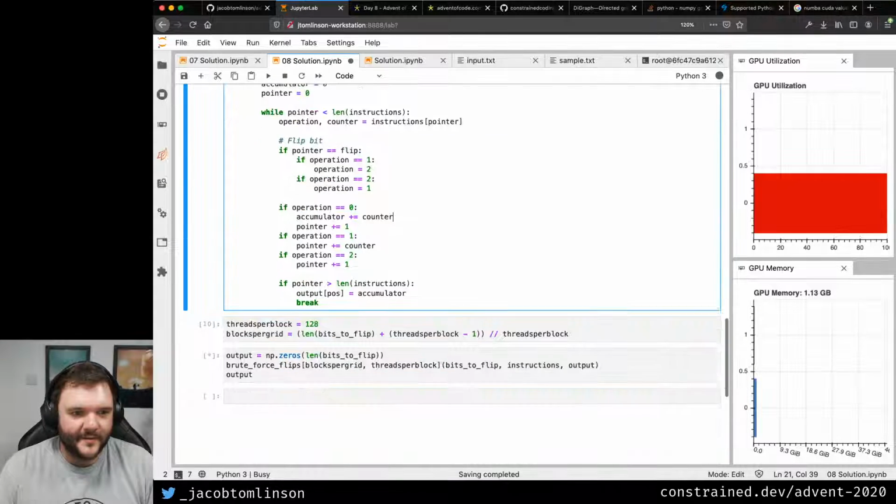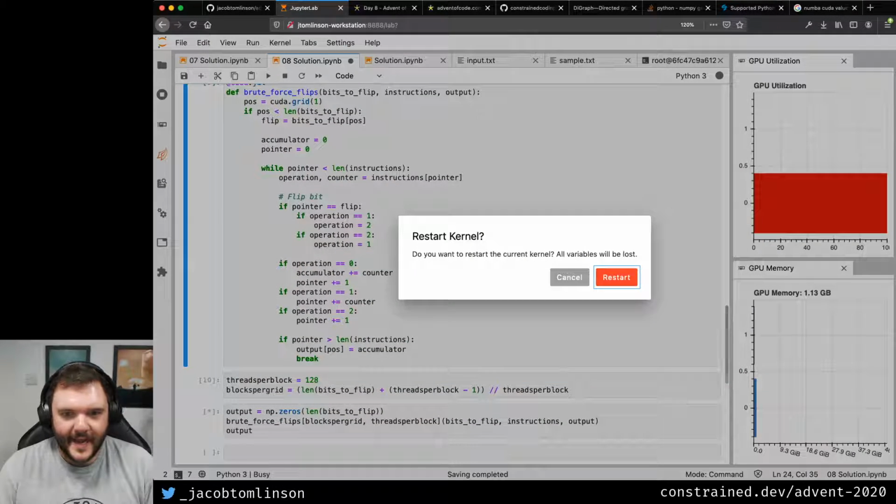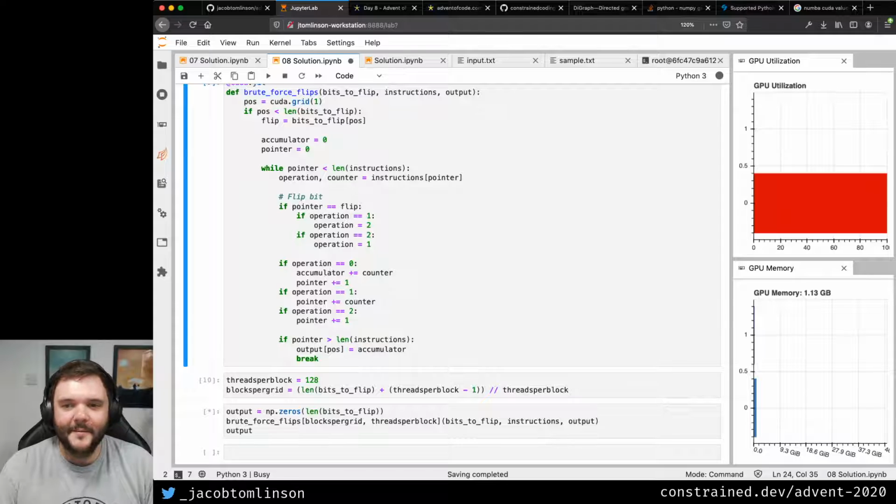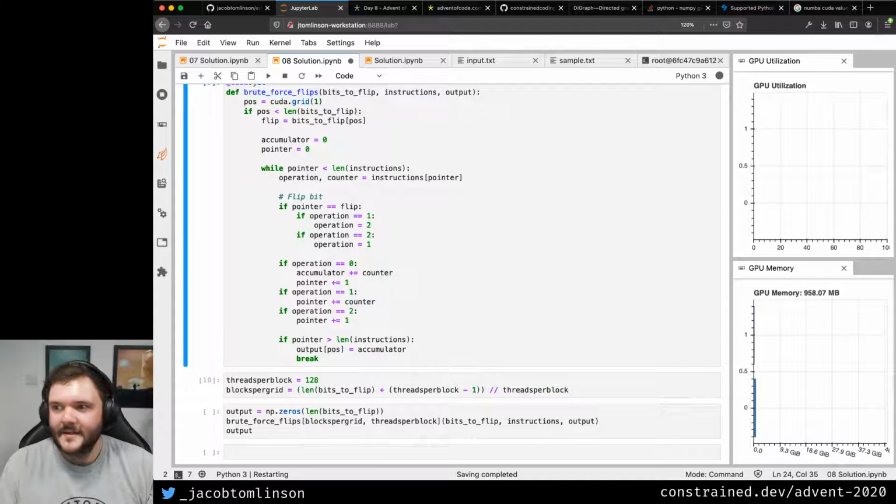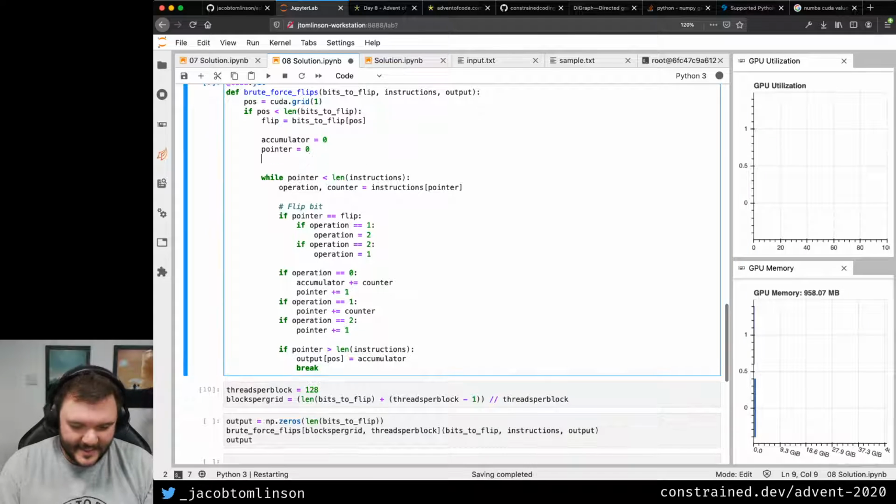Wait. I know what I've done. I am infinitely looping, which is fun. Okay, I made my GPU infinitely loop. We did a thing. We don't want pointer, we also want counter